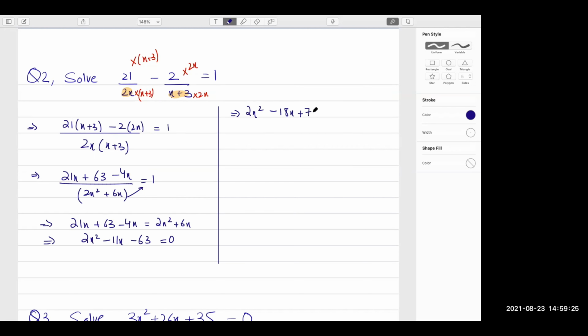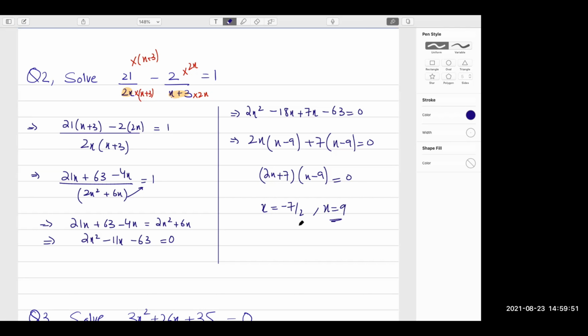You can take 2x common. It's going to give you x minus 9. You can take 7 common. It's going to give you x minus 9. So 2x plus 7 times x minus 9. These are the two factors, two linear factors. You equate them to 0 and solve for x. You get minus 7 upon 2 and 9. Okay? Are we getting the same answers? Okay. Great. Now